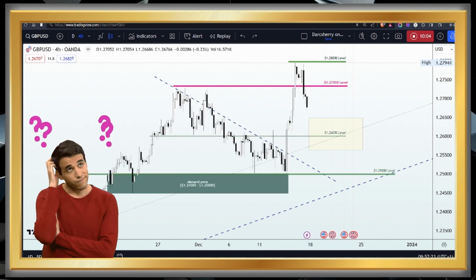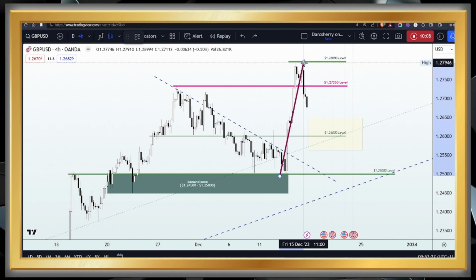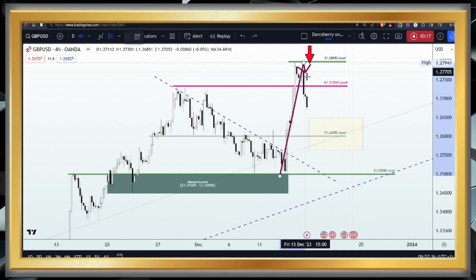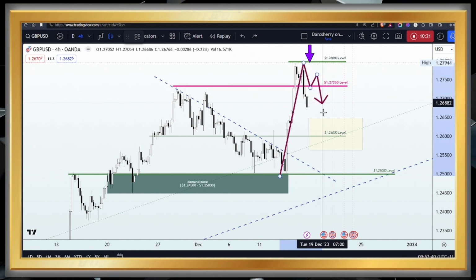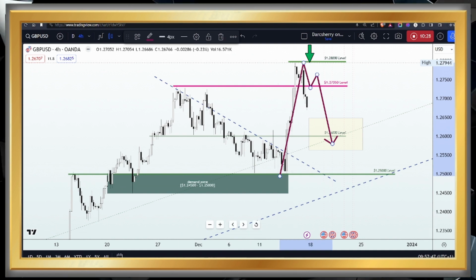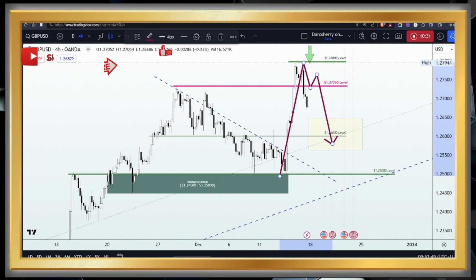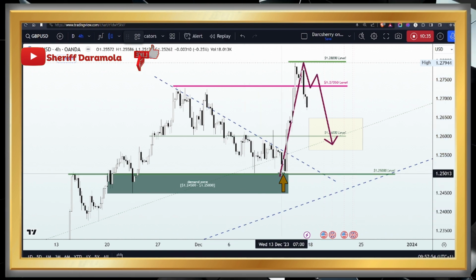Now, with the way price has broken out of this descending trend line, I'm of the opinion that the recent bearish momentum, which could be characterized by profit-taking activities in this market, may be the beginning of a retracement of that impulsive leg that broke out of that descending trend line. Now, bringing out our Fibonacci retracement tool to project where this retracement phase might end before another wave of bullish